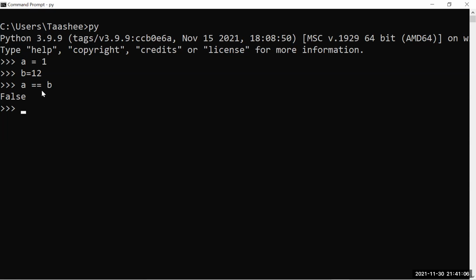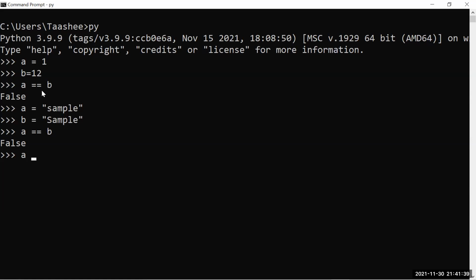Let's say I add a equals to sample and b equals to sample. Is it equal? True. So even this equality operator can be utilized for any primitive data types.